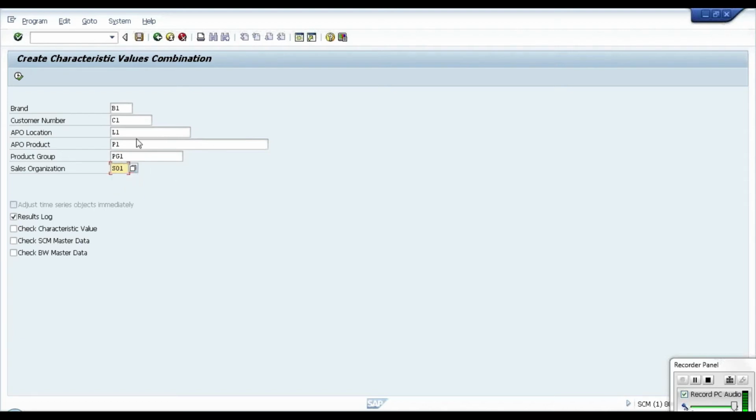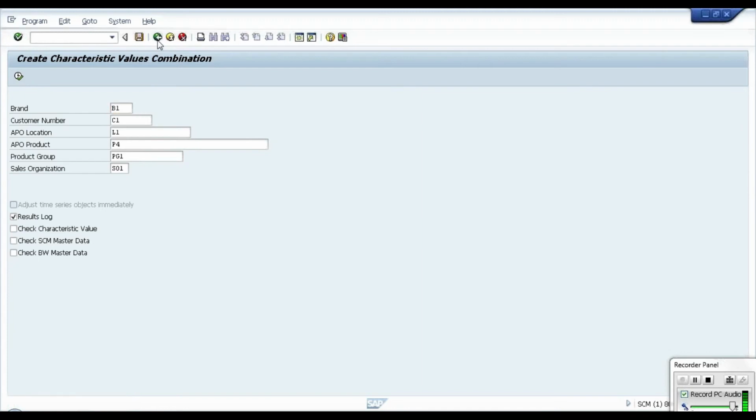It means product one in location L1 is sold to customer one, belongs to brand one and product group one, and we are selling through sales organization SO1. All possible combinations we need to create like this. This is nothing but what we get from the sales order or the sales invoice. Now I will create another product combination P2, another one P3, and another combination P4.